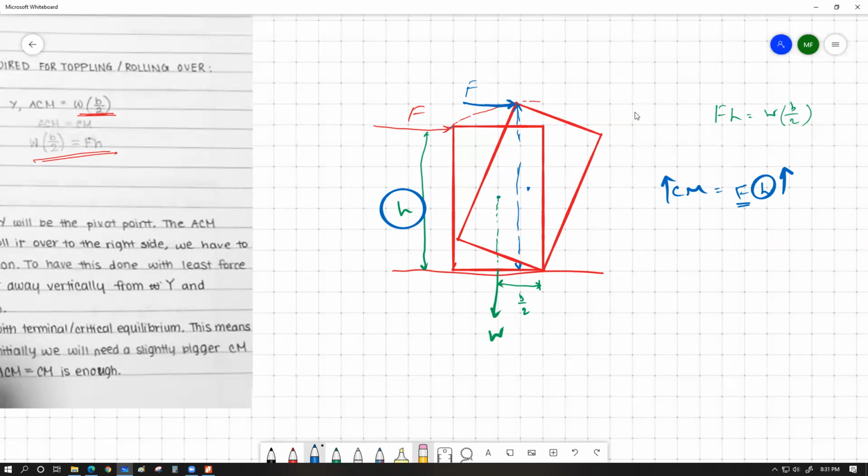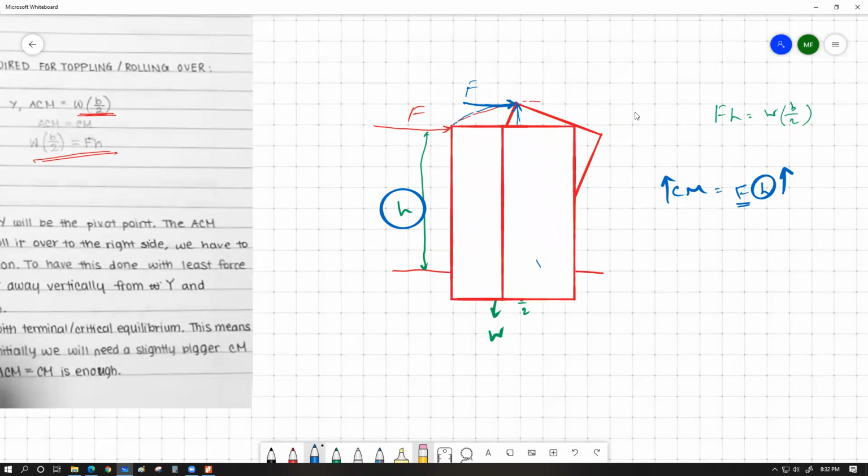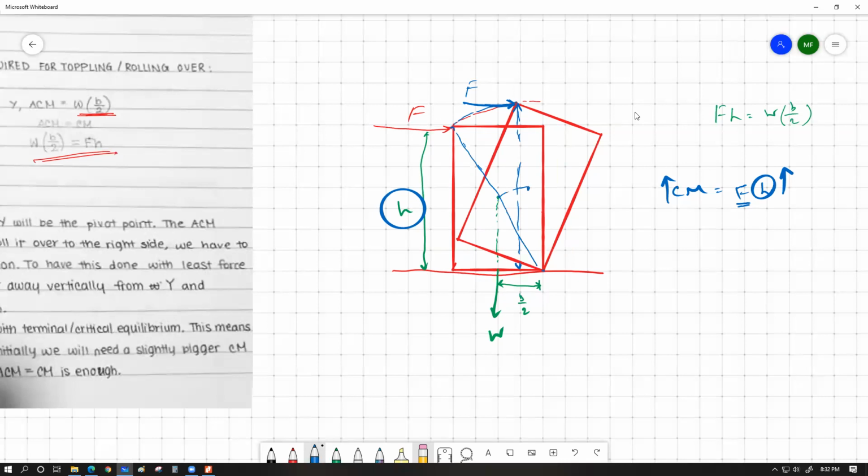So what is happening, as this application of force point is going through this arc, this center of gravity is also going to travel in this arc. If you wonder where these arcs are coming from, they all actually have the center right over here. So I can say that this hypothetical diagonal is working as the radius. Okay, this diagonal is making the rotation. So the center of gravity of this object is moving along. And you should see,